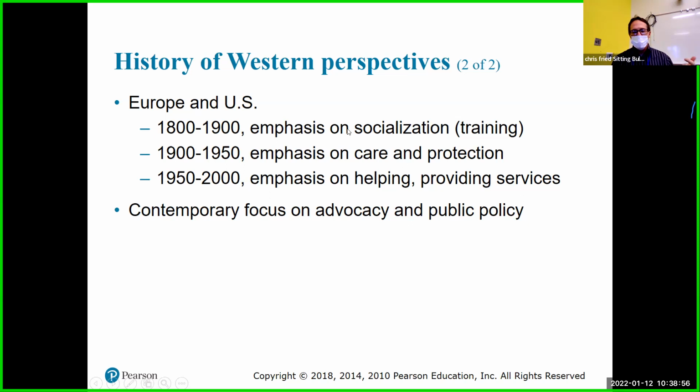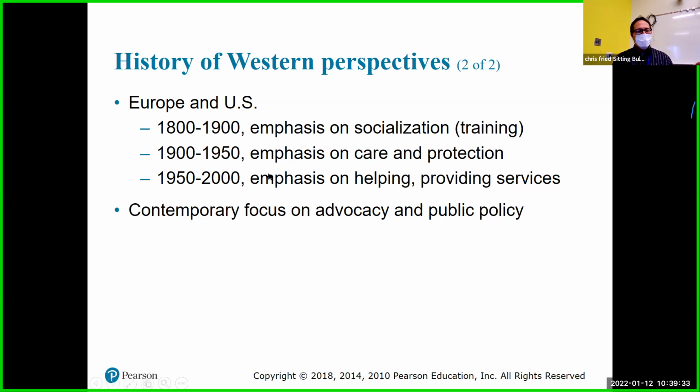So in the US and Europe, we're looking at socialization, training of children, more focused schooling rather than learning within their families at home. 1900 to 1950, looking at childcare protection. These times are connected to a lot of wars, right? World War I, World War II, Vietnam, Korea. A lot of things were shifting and changing. More people were working, so we're looking at childcare for those people working, and also protection.